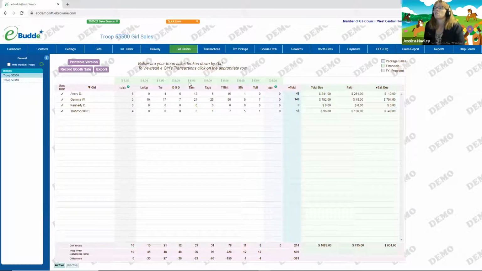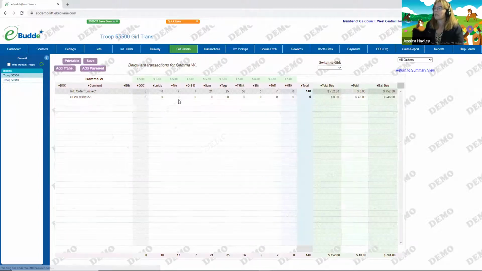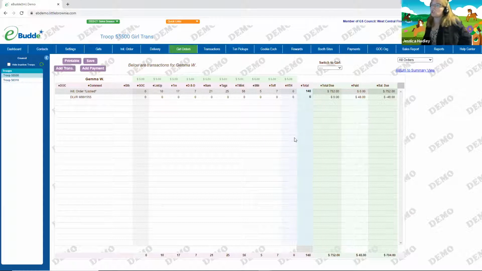for a girl. So if we are here with Gemma, she had a whole bunch of cookies that were picked up from her initial order. And maybe she was planning on doing cookies on the spot or lemonade stands and different things like that. But she also came in with a digital cookie order here for $48. This is where it's really important to make sure that you're